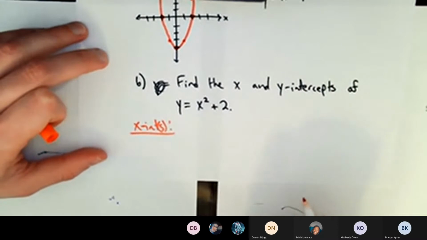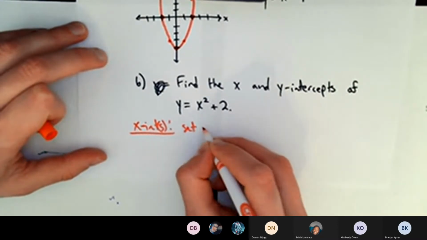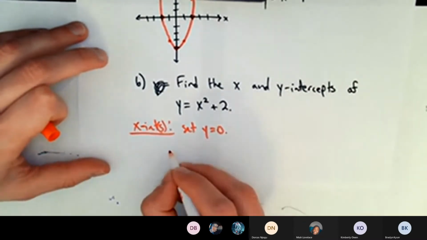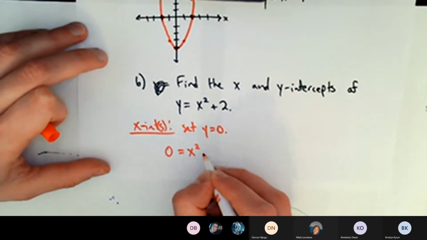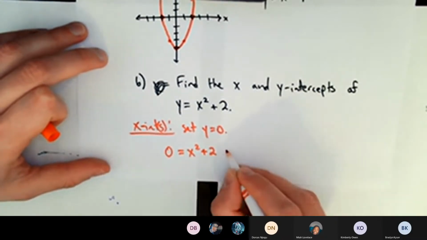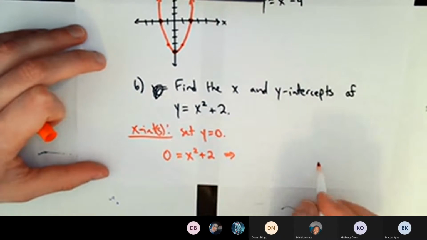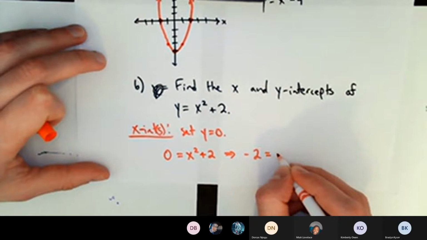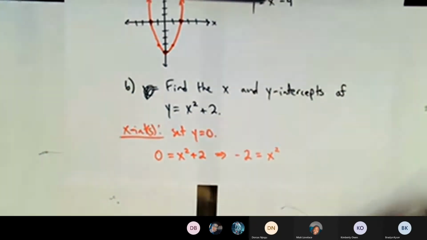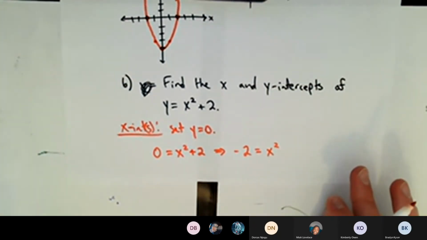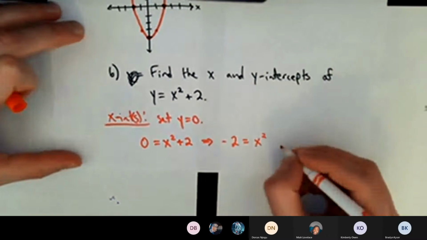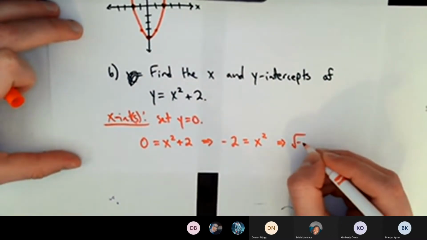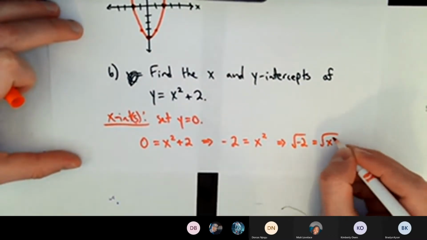Let's see what happens. So we set y equal to 0 and solve for x. 0 is equal to x squared plus 2. Okay, that's setting y equal to 0. Now, when I scoot the 2 over, I'm going to have -2 is equal to x squared. Okay, subtracting 2 from both sides. Now, in my next step, I should have square root of -2 is equal to square root of x squared,